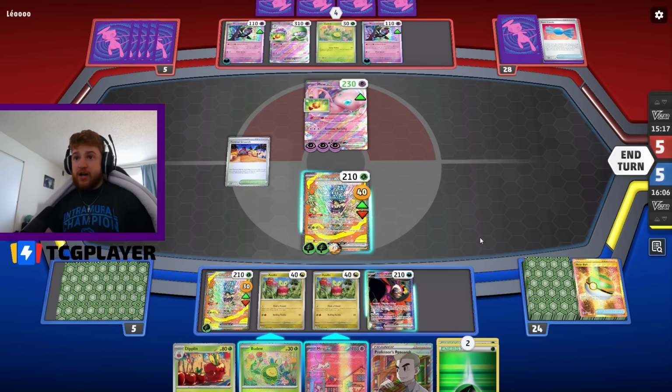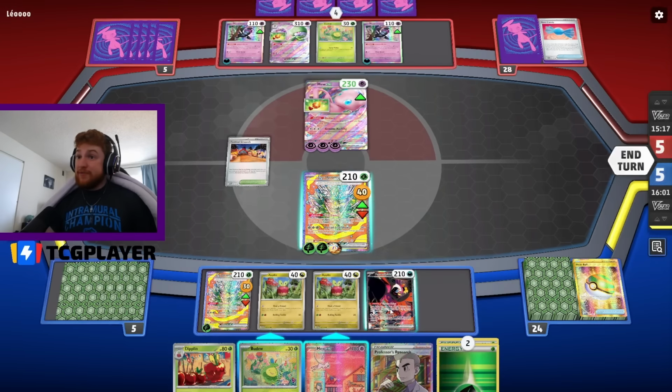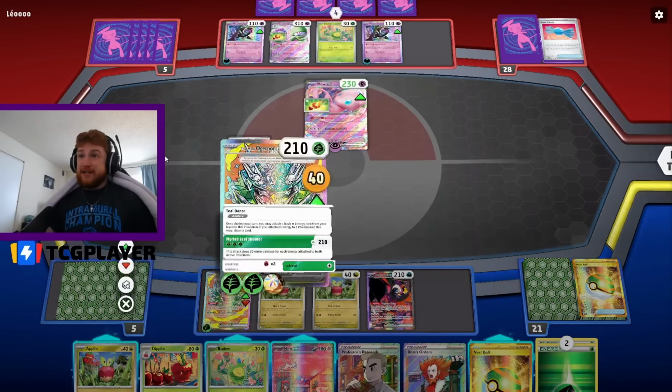We could go in with the Ogerpons for a couple turns. We could use Festival Lead Dipplin. Always feels pretty good in that. We could set up next turn. We got 2 Applins. Could take a couple sneaky KOs that way. And I'll be taking a huge KO that...